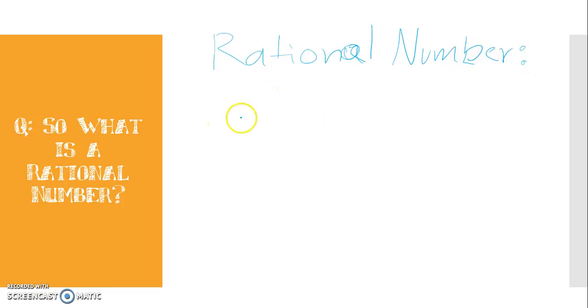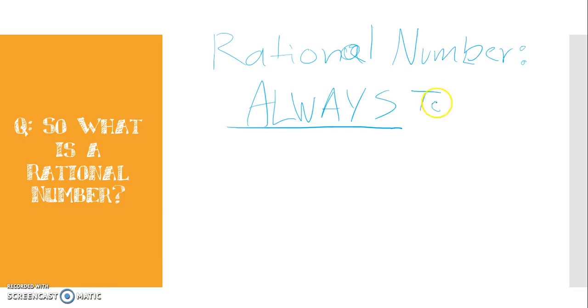Just kidding. Alright, so a rational number always either terminates, you guys should know this, or repeats. This is important: it doesn't have to do both. It either terminates or repeats. So it can go on forever and ever as long as it's repeating that pattern, or it can end and not repeat. It cannot be repeating but terminate and still be a rational number. So we're going to have some examples of those.